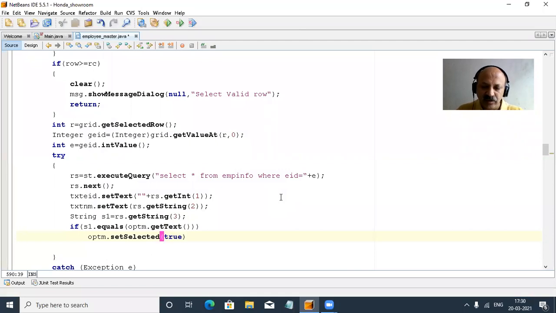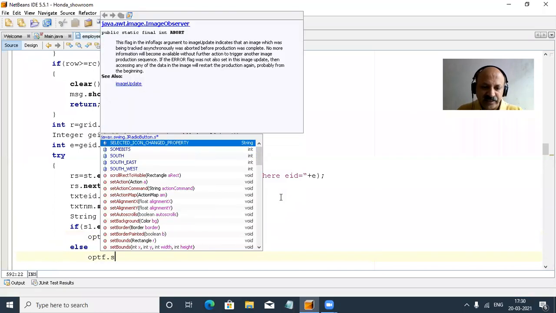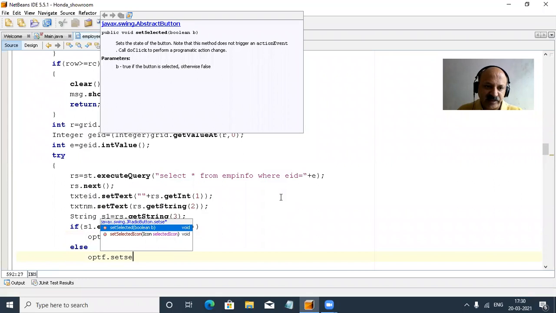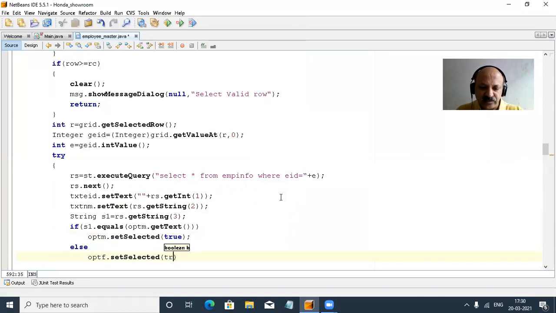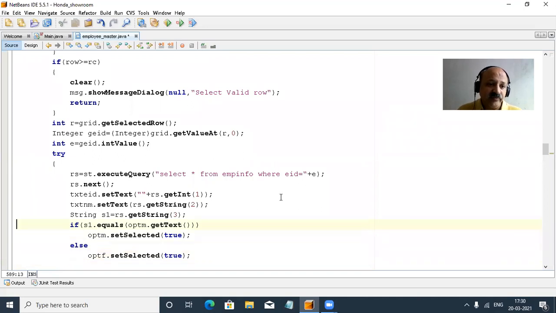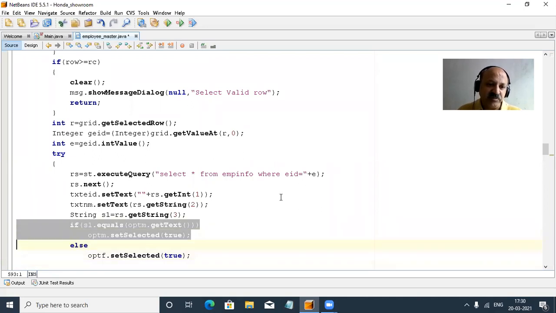So the male radio button is selected, and in the else part optFemale, with the id and setSelected method, we pass true. If the condition is false, that is how the third field is selected based on our JTable.